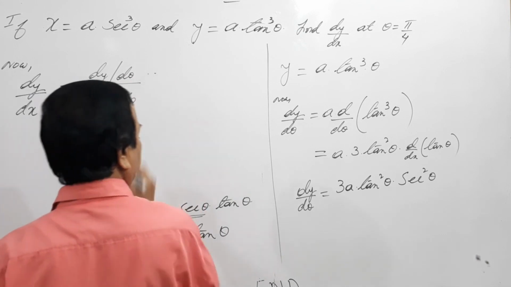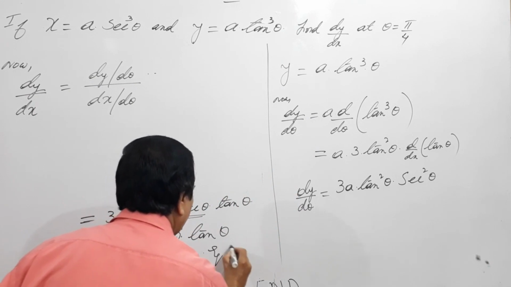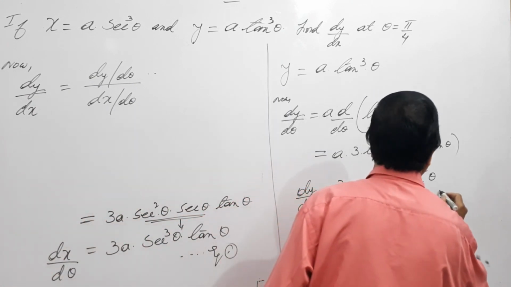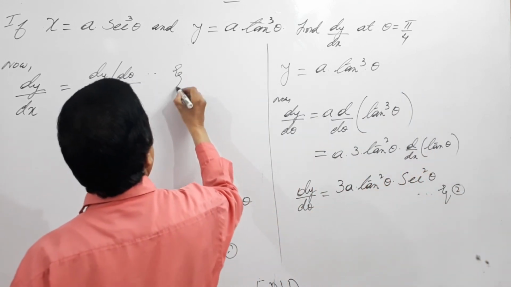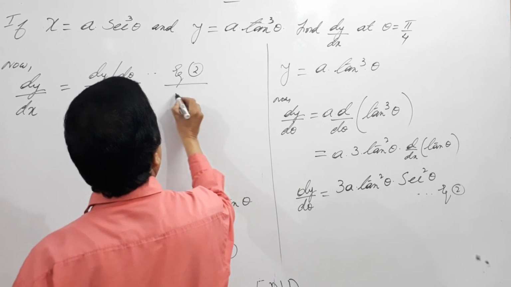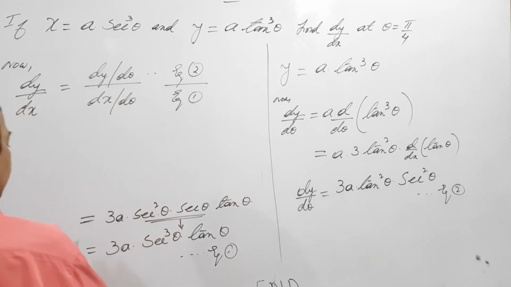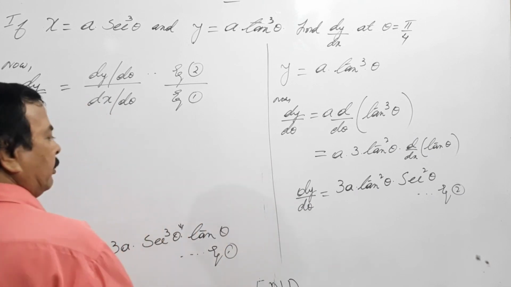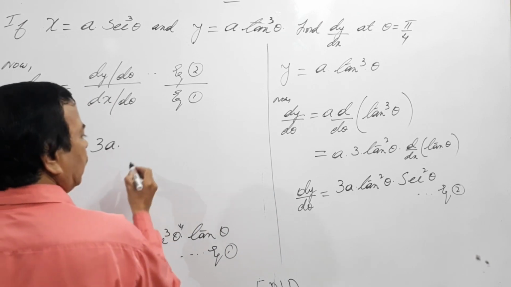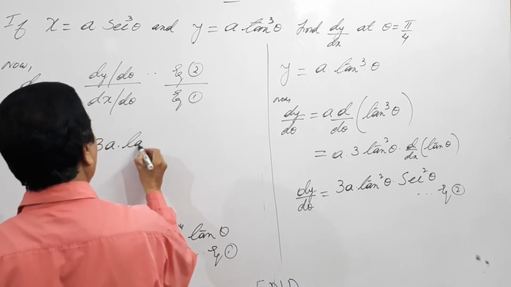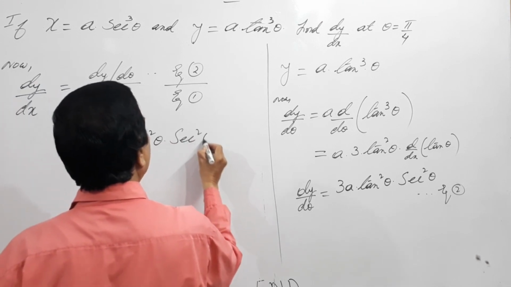This is our equation 2, this is our equation 1. That is equation 2 divided by equation 1. What is equation 2? That is nothing but 3a into tan square theta into secant square theta